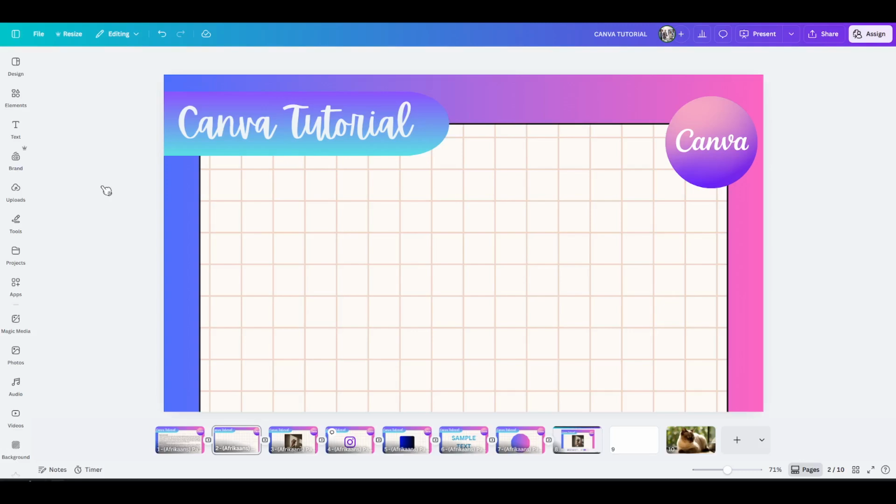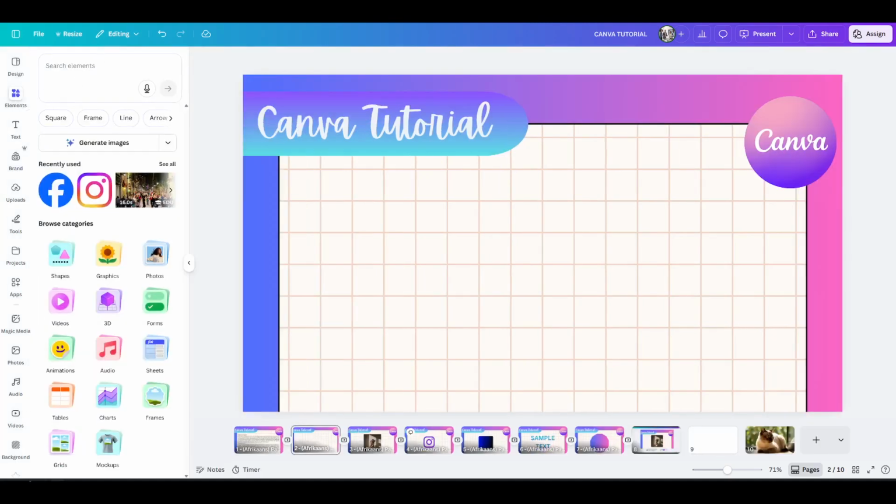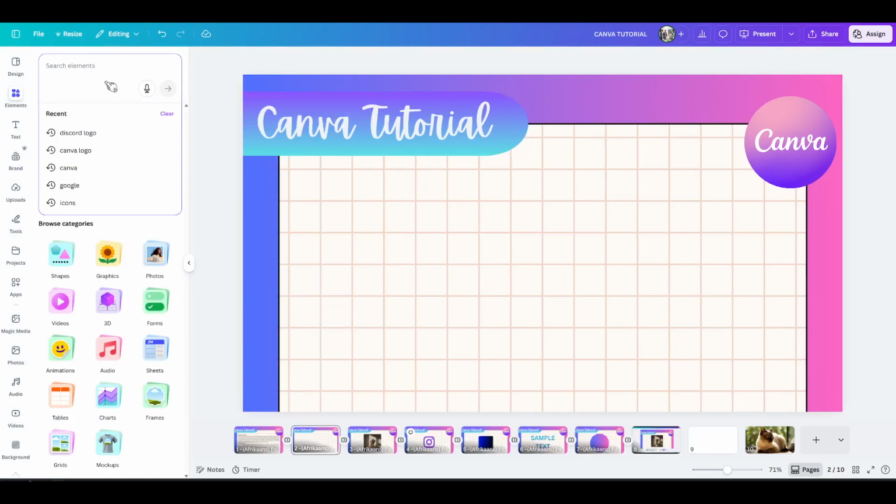Start by opening your existing Canva project. This can be any design you're working on, whether it's a social post, a presentation slide, or a flyer. Once your project is open, look to the left-hand sidebar. You'll see a panel with several options. Click on Elements. This is the library where Canva stores shapes, icons, illustrations, and brand logos you can add to